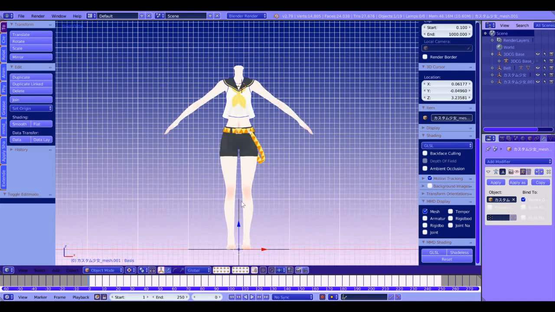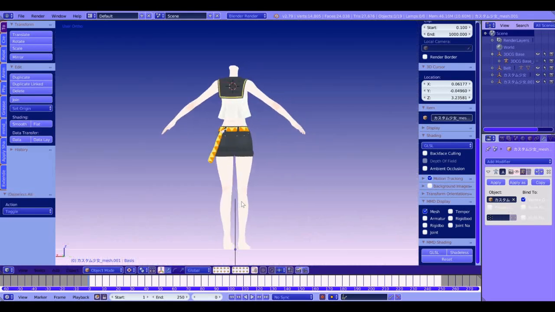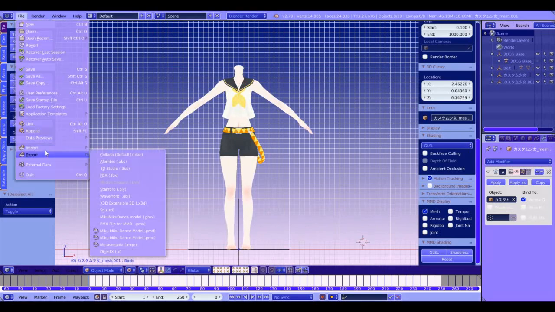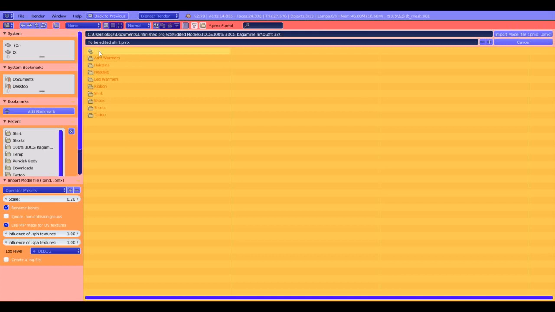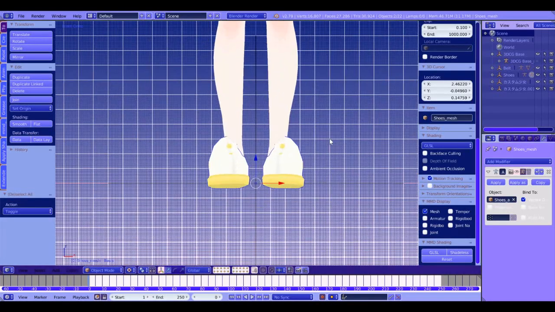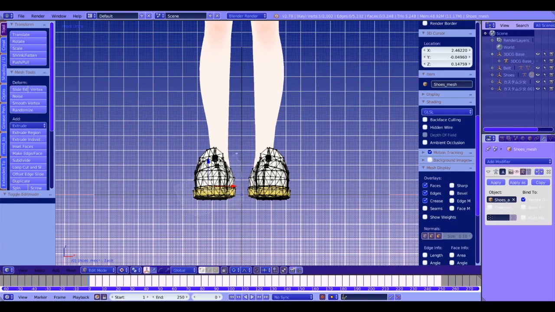I'm still going to include the other clips of me editing the rest of her accessories, but they're going to be sped up. The only other clothing item that I think needs commentating on is probably the little tattoo,